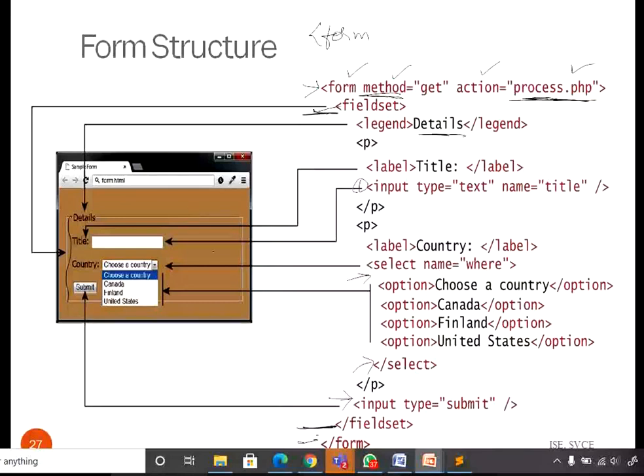And for this fieldset box, you can give a caption. Here they have given details. That is done using legend. These are all the common practices you need to follow when you are designing, and give the label name. In many of the code I have written directly, don't do that. Use the label tags followed by the input type. Like this you need to add all possible information so that the user can easily understand it.